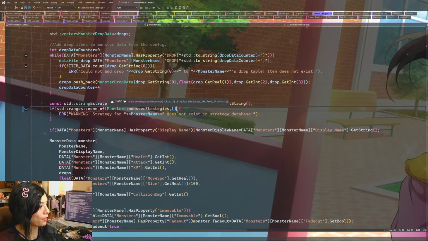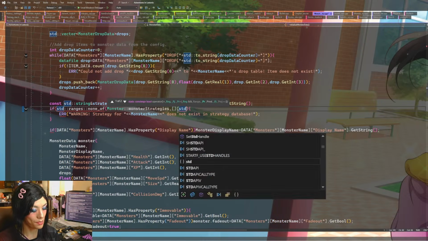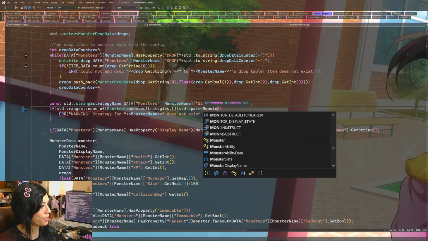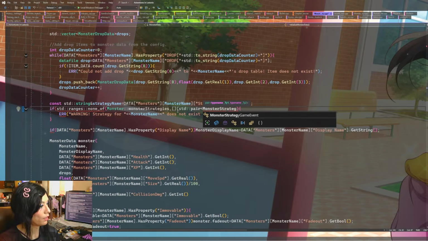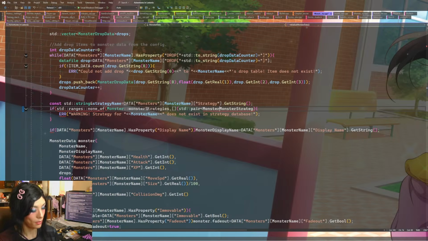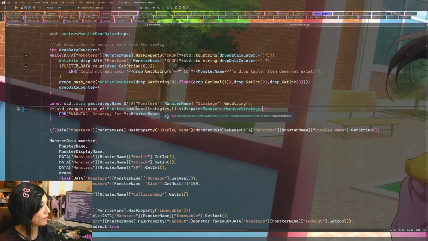So the predicate here is... This will be a standard pair of monster strategy. Monster strategy? I forgot we're not in that class, so... Monster strategy, comma, monster strategy function.